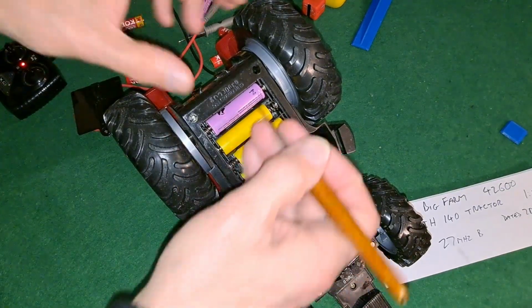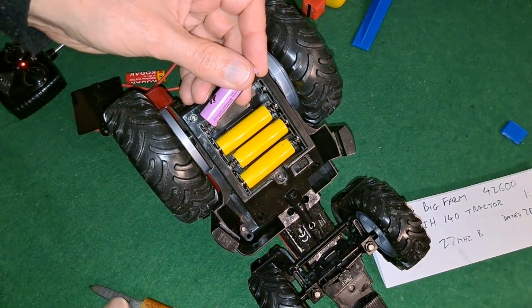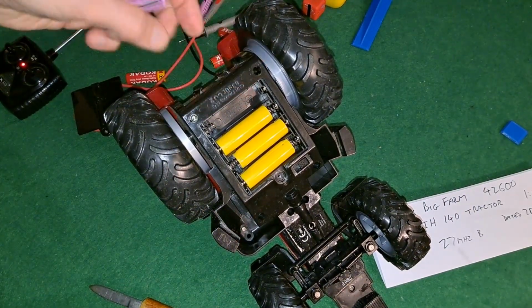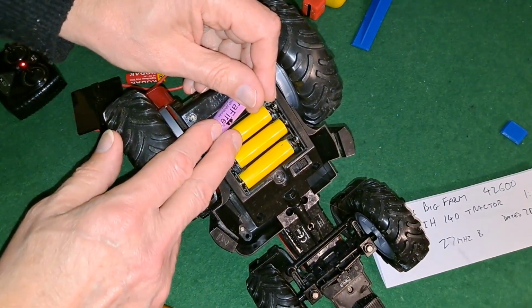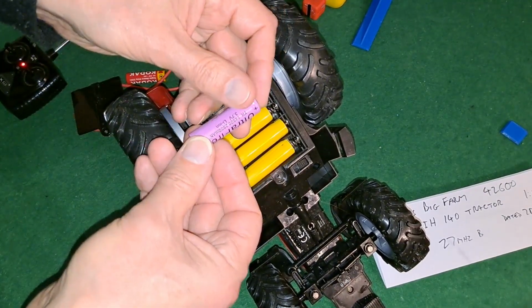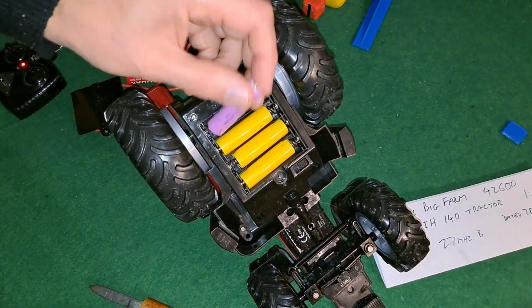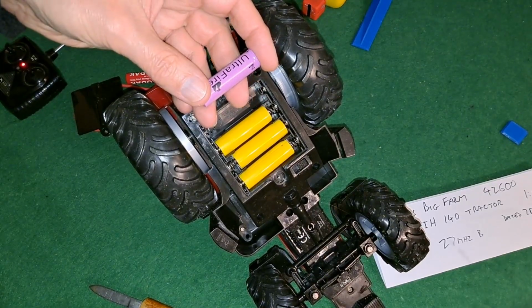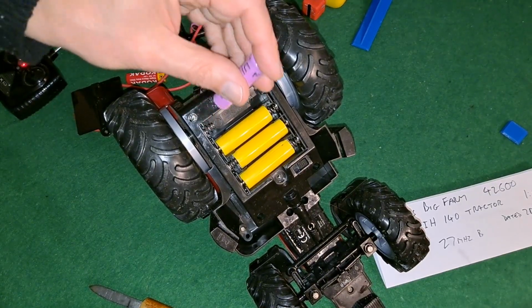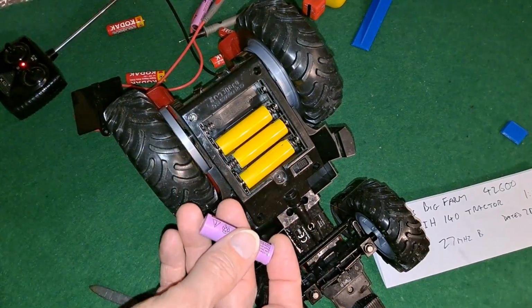So we are running off 4 volts, but it's underpowered now. I think we're putting too much power into the sound effects because it's only expecting the first 2 batteries, 3 volts, and we're giving it 4, which may be just within its, well, it's survived at the moment, but it may burn out the sound effects. But it's underpowered for the whole thing. So the compromise I've come up with,